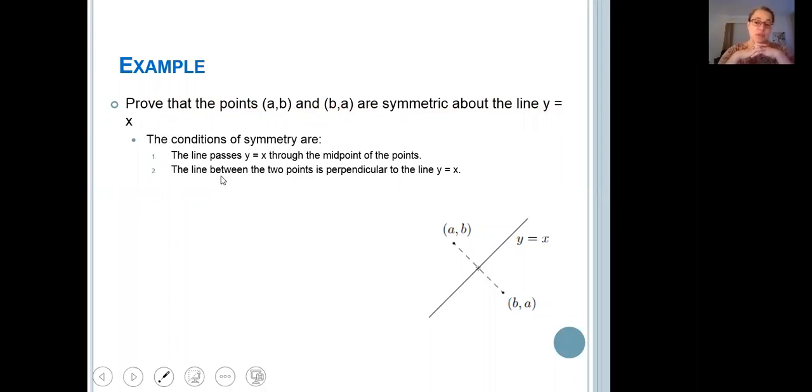Well, let's start with assuming that this statement is true. And if we do that, then we need to remember what our conditions of symmetry are. Two points are symmetrical about a line if that line passes through the midpoint between those two points, and if that line is perpendicular to the line that would connect the two points. So let's start with the first one because that's easy. We can find the midpoint of our two points